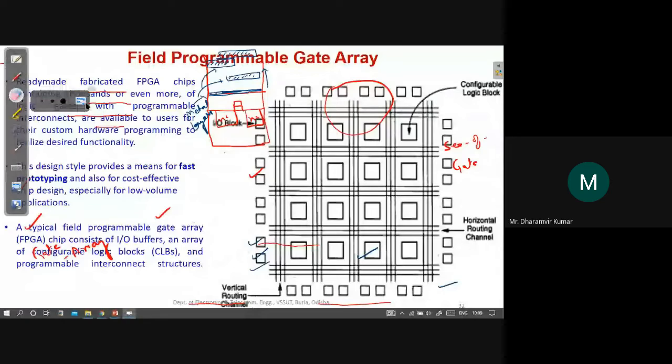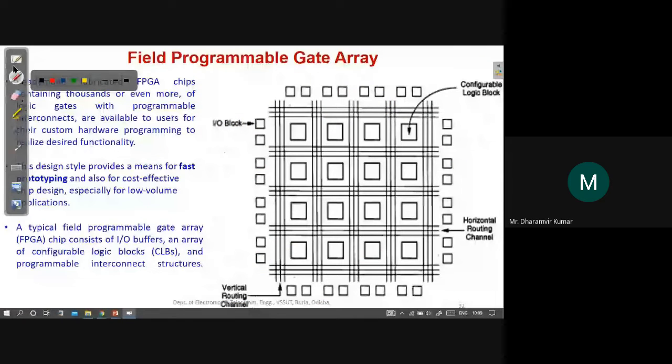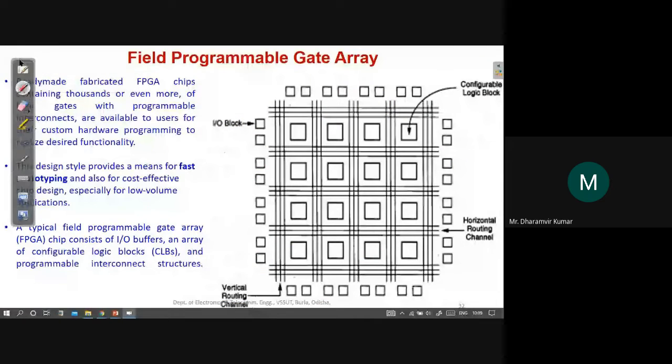The next one is FPGA based design. FPGA stands for Field Programmable Gate Array. The name specifies that it is programmable in nature, and it can be programmed in the field, meaning it can be programmed anywhere.